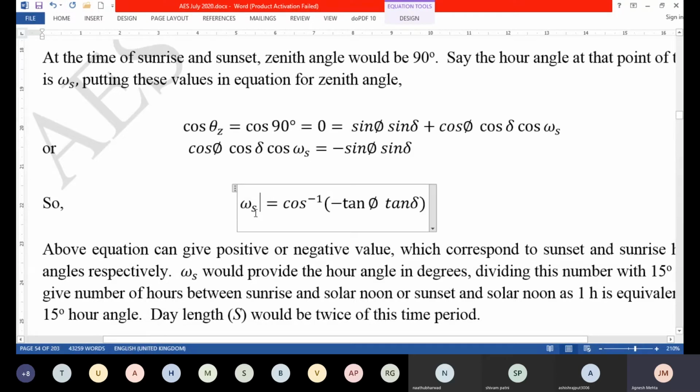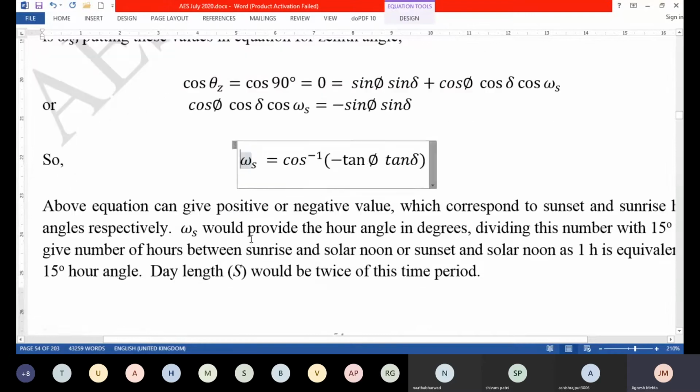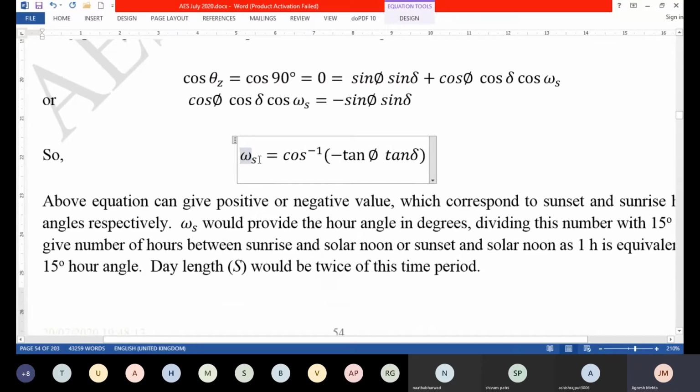So don't think that the hour angle will always be equal to 15 multiplied by 6, so 90 degrees all the time. No, that's not correct. During the winter days, you will find that omega s is lower, and during summertime, you'll find that the value is higher. So it basically gives you how much it is away from 12 noon, local solar noon. That will be given by this angle, that is the hour angle. So you know how to get LAT from the hour angle, right? It is omega s is equal to 12 minus LAT into 15 degrees.